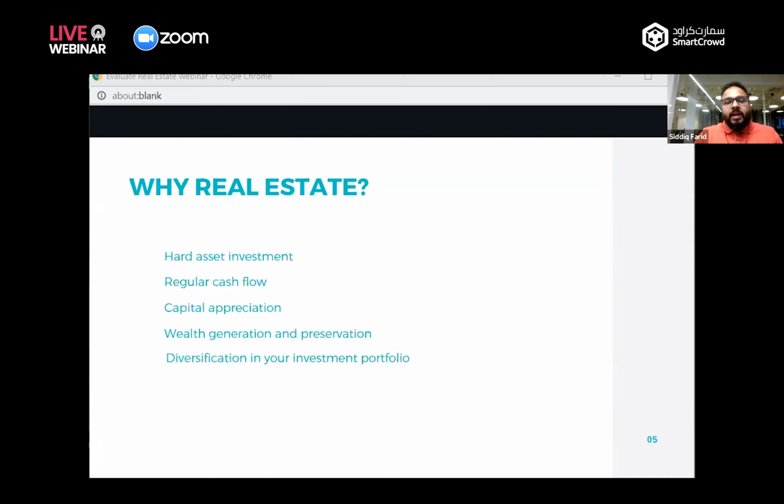It's a great wealth preservation vehicle. If you look at wealthy people and people that do proper financial planning, it's a great asset to have within a portfolio, as it can be accumulated over time and passed on through generations as well. And most importantly, it allows you to diversify your investment portfolio from other traditional asset classes such as equities and bonds. Real estate provides a different kind of diversification and a different risk-return profile, so you have a well-diversified portfolio